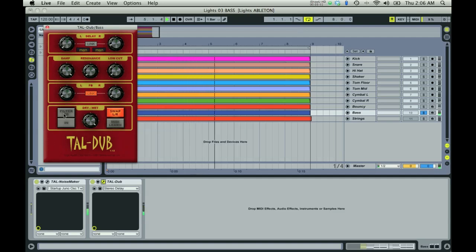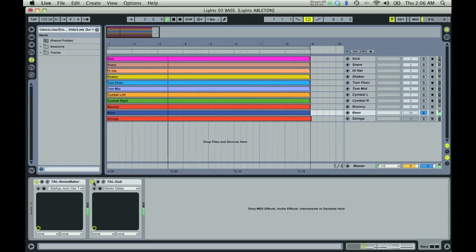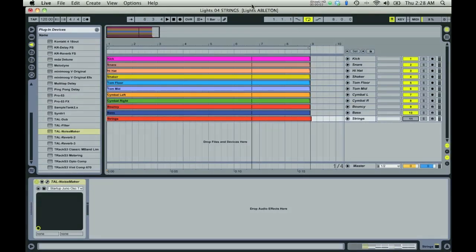Feedback. Too little, and the sound starts to go away. Too much, and you feedback. So, boom. And there's your wide bass. Narrow bass, wide bass. That's the bass. So, all together we've got...